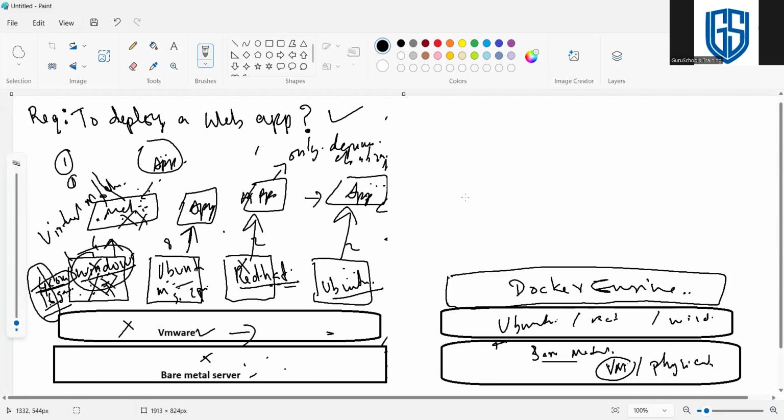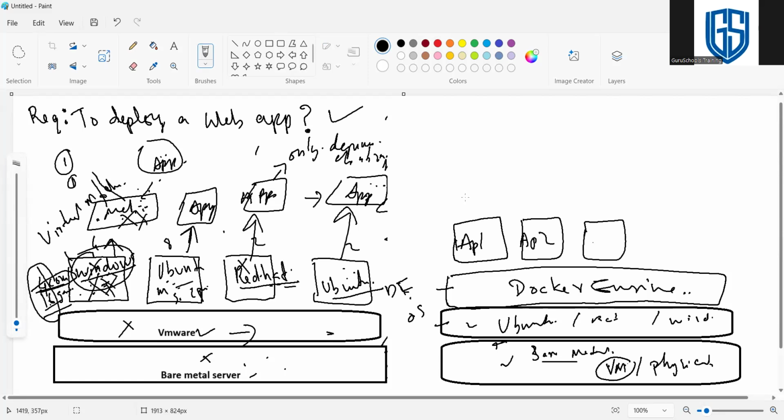So three things: the bare metal, on top of it any operating system, and on top of that the Docker engine. And on top of the Docker engine, we can run applications: App 1, App 2, App 3, App 4.